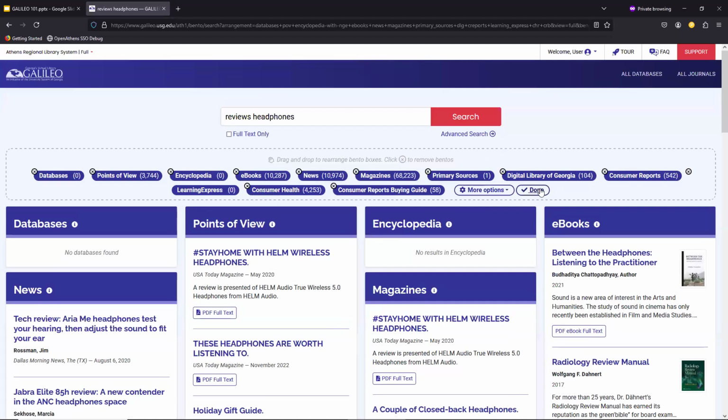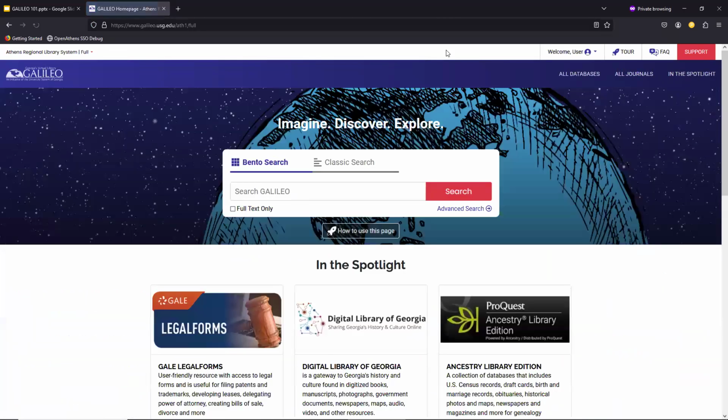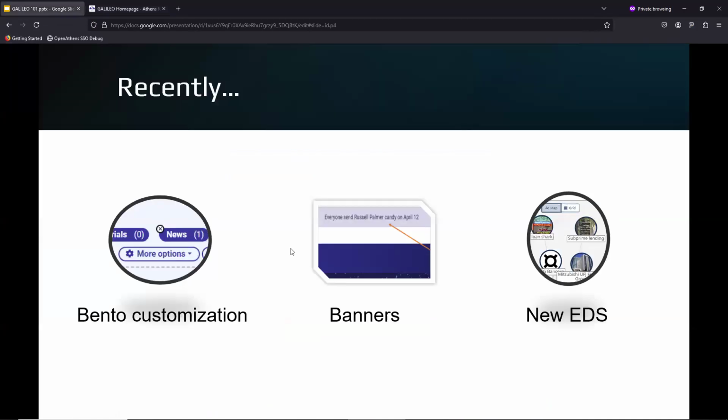Another piece that we're thinking about too is how, hey, I've created a great Bento view, and I think this would be great to target specifically to my nursing students, but they do come to the Galileo world to find this. We're thinking about where on the Galileo portal could we put a place to save these views. You could save them and put them in if you're managing GLRI. You could put them in as a GLRI link. That's one option. But we want to perhaps find a way to make these more readily available. If you created a nursing Bento view or a genealogy Bento view, make it more findable for your users. So we're continuing to think about that. So just some of the things that we're doing and some of the things we're thinking about with Bento and